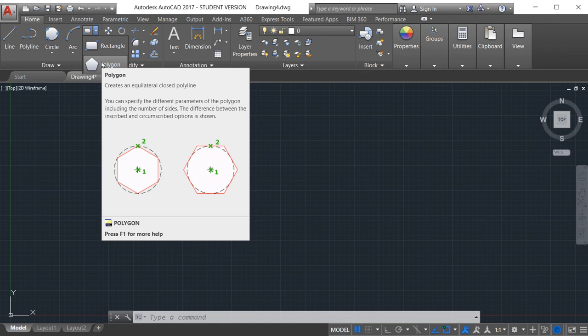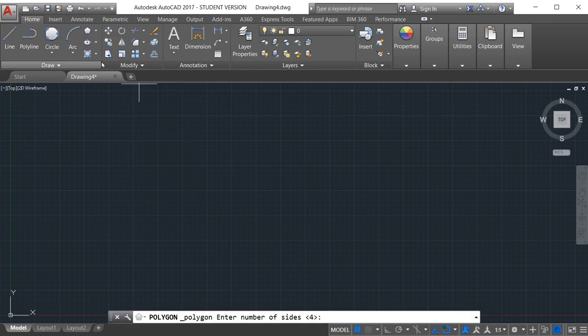We can specify the different parameters of a polygon, including the number of sides. We have to specify the center and number of sides, or by edge we can also draw a polygon. There are two methods of drawing a polygon, the inscribed method and the circumscribed method. We will see in detail.